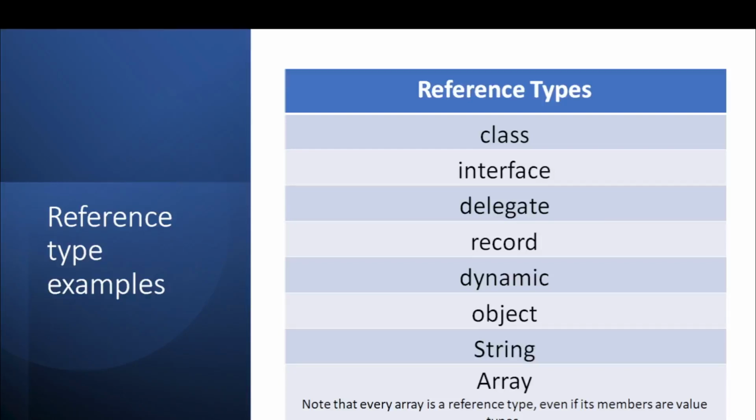One more thing to keep in mind here is reference type is always stored in heap, and the heap is most often used for data that has longer life. Hence, class, interface, delegates, these are all stored onto the heap memory, and both are part of RAM. Some area is stack where value types are stored, some area is heap where reference types are stored.